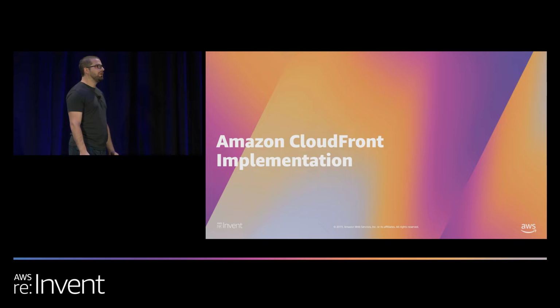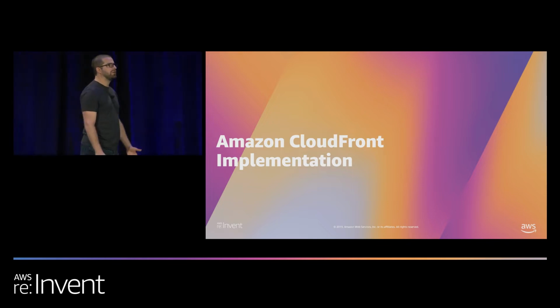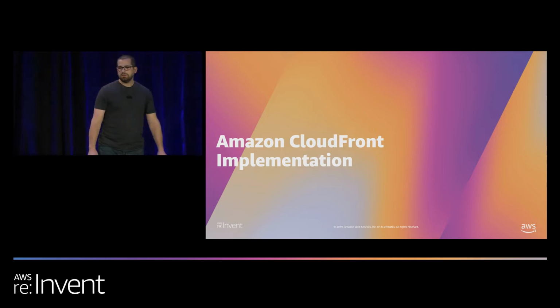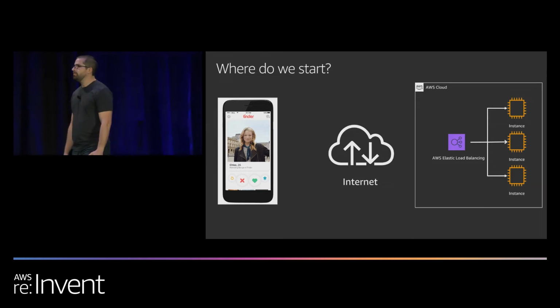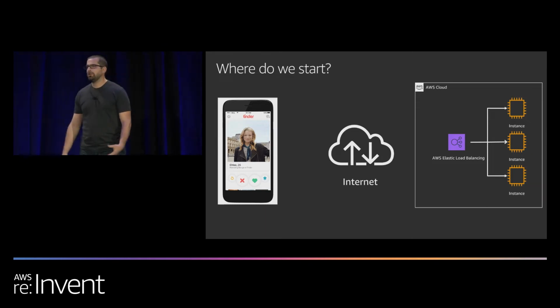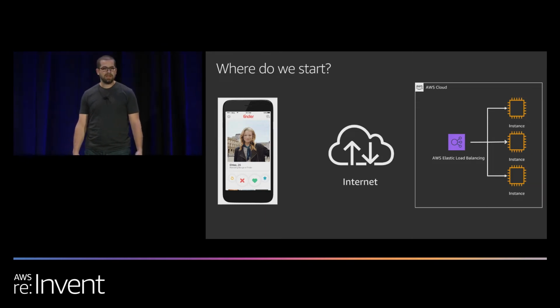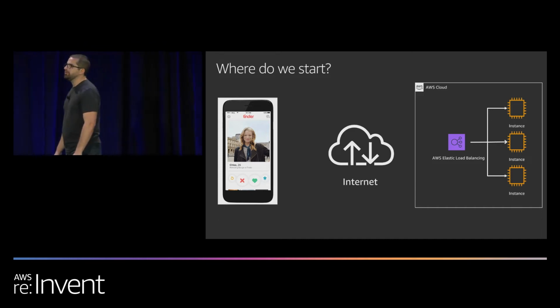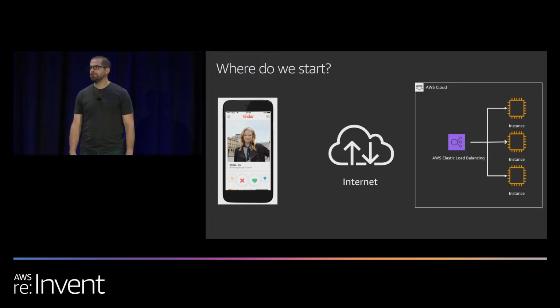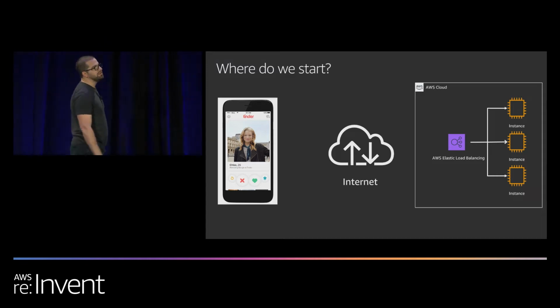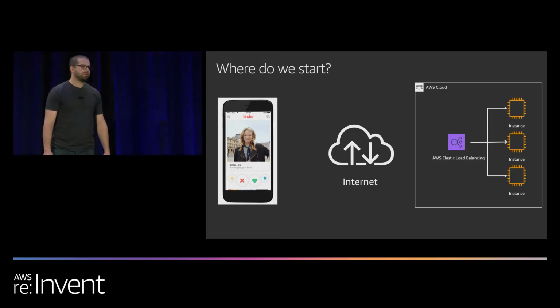And so with that theory in mind, now it actually comes down to implementing it. Just taking a quick step back, just another way to look at our technical architecture at a very high level. We have all these clients, iOS, Android, Web. They're connecting over the internet to Elastic Load Balancer that's hosted in US East 1. Behind that Elastic Load Balancer is a number of instances that are hosting the Tinder application.